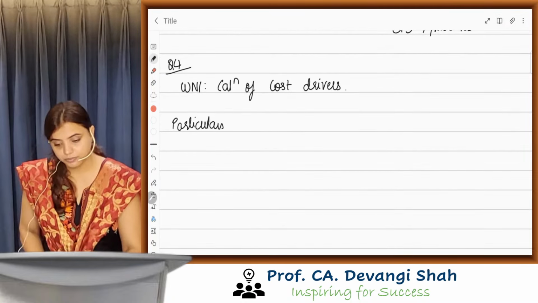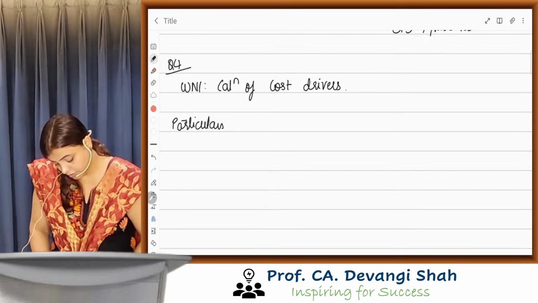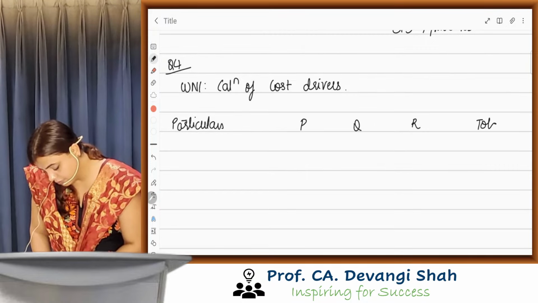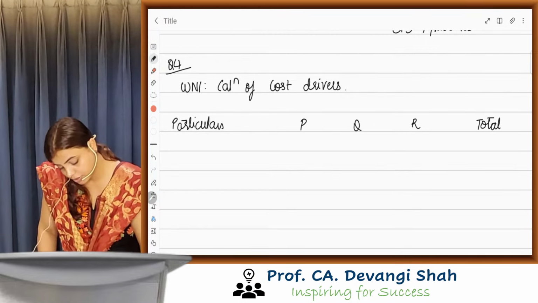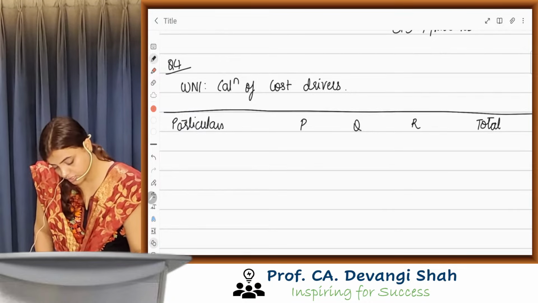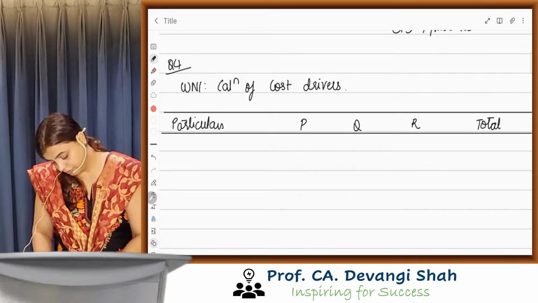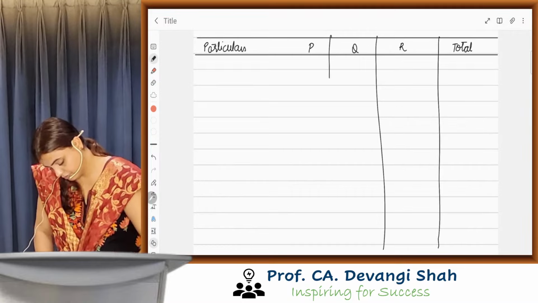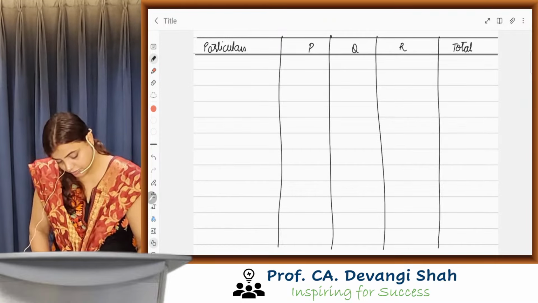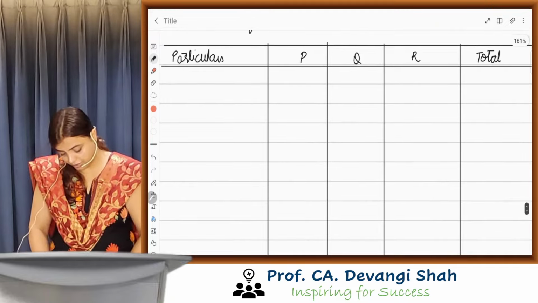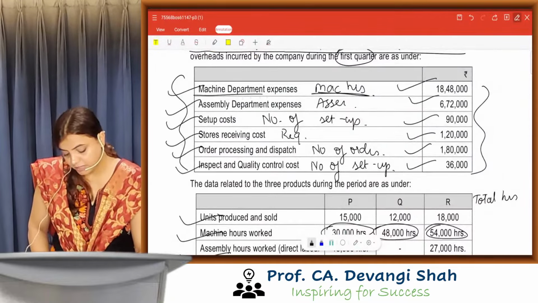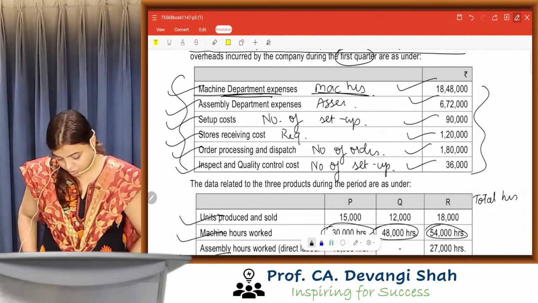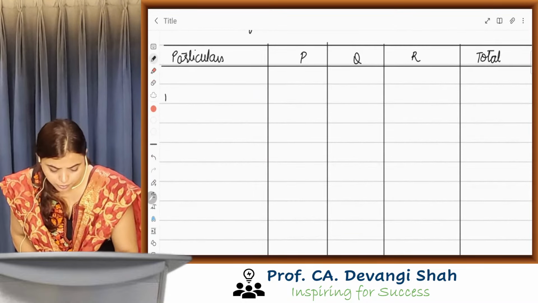Particulars, the names of the product are P, Q and R. We also need a total column to get the total quantum of cost drivers. Come on, let's start. The first activity is machine department, for which we have identified machine hours as the cost driver. So machine hours,